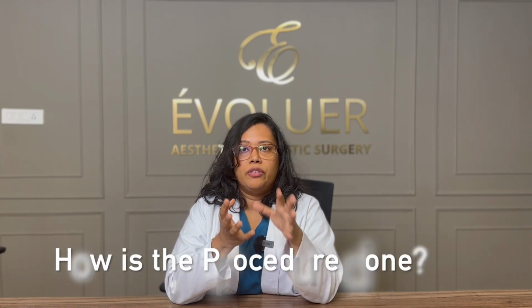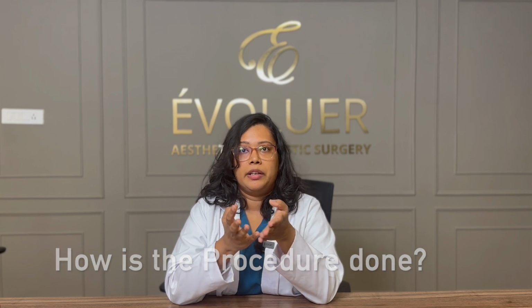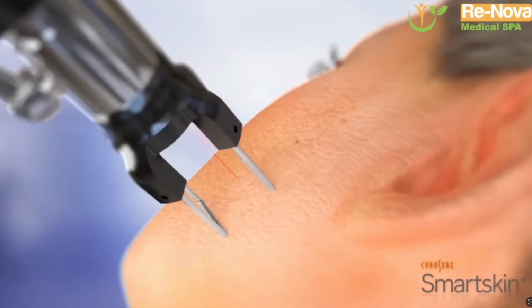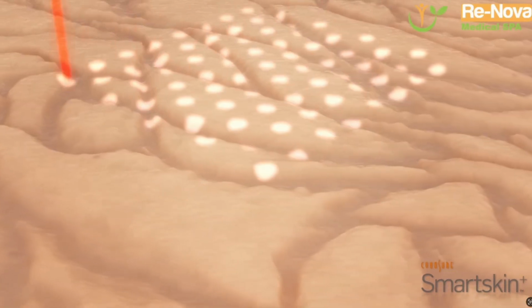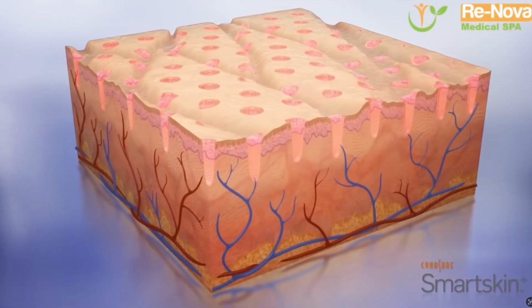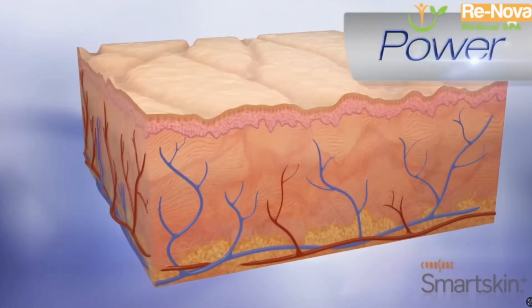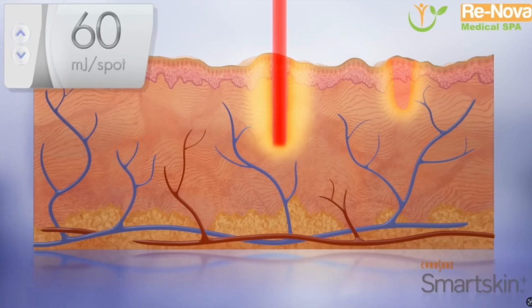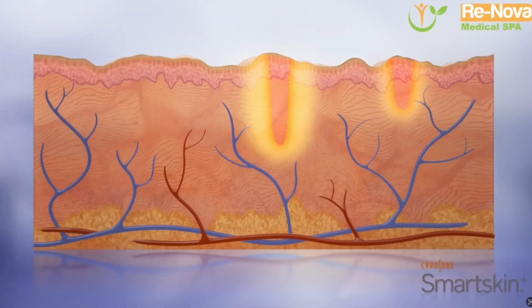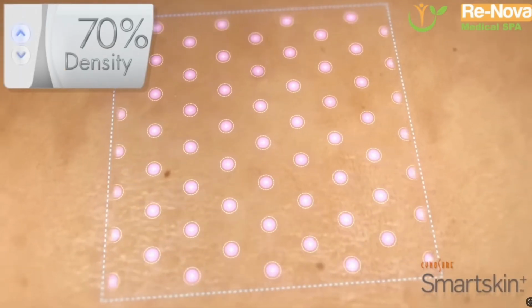Generally, this is done under local anesthetic cream. The cream is applied to the problematic areas around 30 to 45 minutes prior to the procedure. The procedure itself takes around 15 to 20 minutes. It uses short pulsed light energy known as ultra pulse. That is continuously blasted through a scanning pattern in order to remove the thin, outer layer